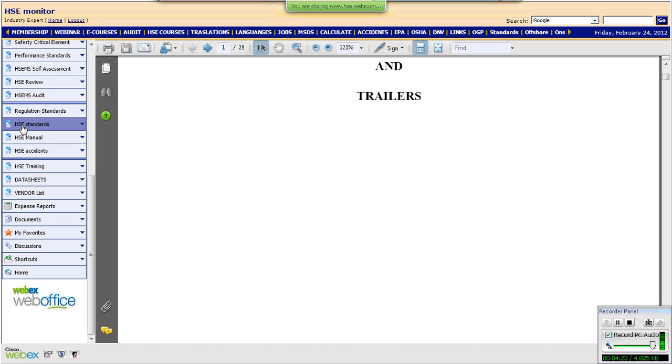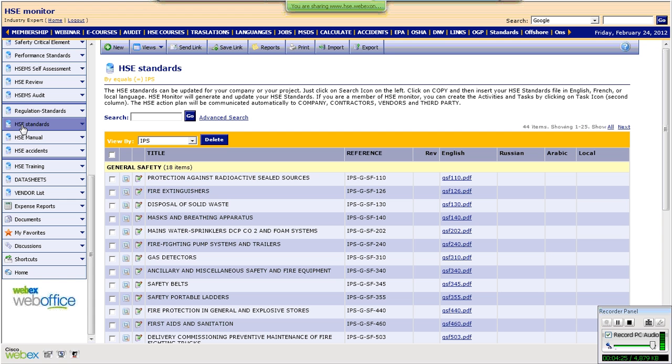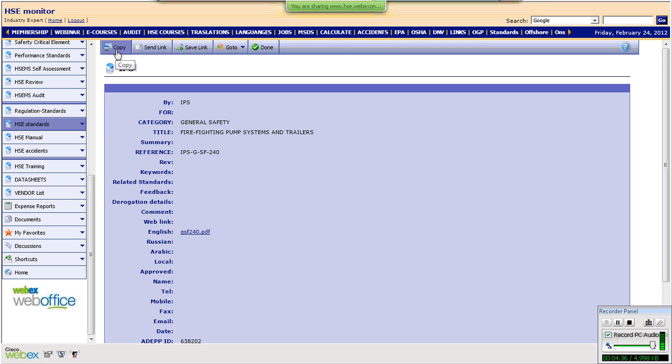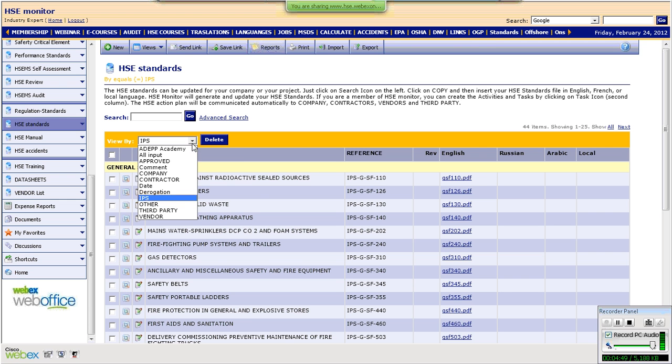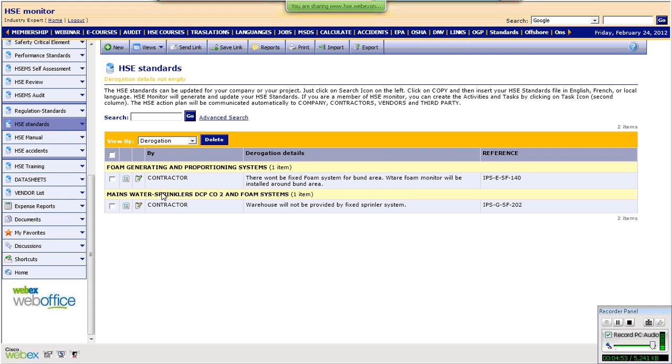And the important thing is in case of the design or the case of the project, if there is a derogation for this, for example, this fire water pump, the company can copy this, and they say it is for derogation, and this is by the contractor, and they also derogate from this. When they derogate from this, there will be a derogation list here, and you can see, for example, which are